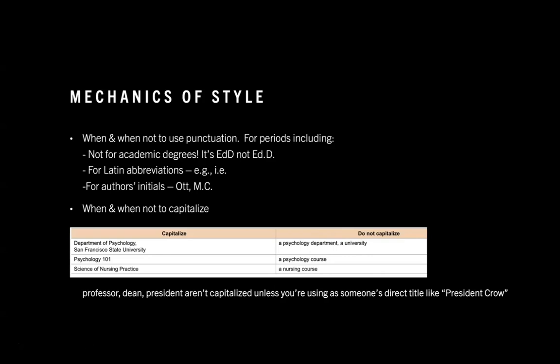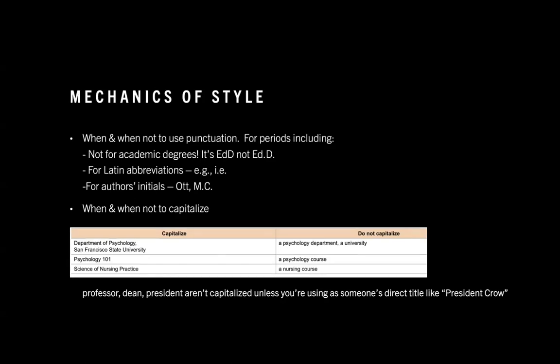The same is true for academic titles. If you're just generally talking about, oh, I interviewed a bunch of professors, you wouldn't capitalize that. Or, you know, the dean of students said X, Y, and Z. You would not capitalize that, but you do capitalize it when you're talking about a specific person, like President Crow. But if you said Michael Crow, comma, the president of Arizona State University, you would not capitalize president there,